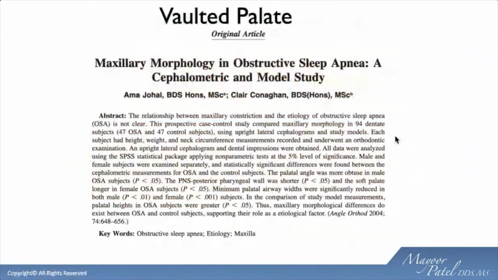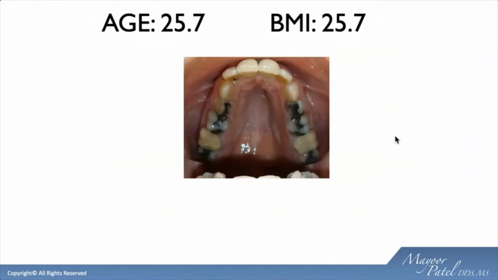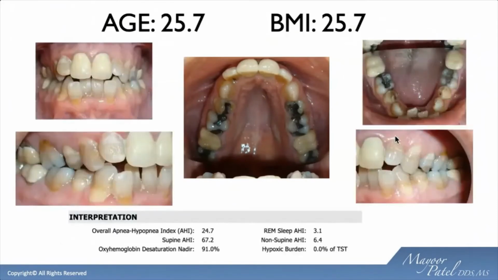Johal Amma looked at vaulted palates, and what he also found, both in males and females, was that a vaulted palate was basically a good indicator for an airway issue. So there again, vaulted palates strongly support underdeveloped maxillas, leading to high nasal floors, hence causing increased nasal resistance, probably being a very big factor when it comes to this. And of course, if the maxilla is underdeveloped, you know the mandible is underdeveloped. But sadly, the tongue has nowhere to sit then.